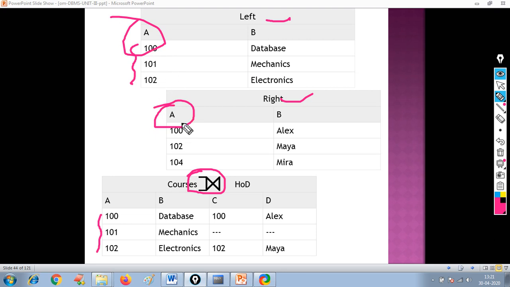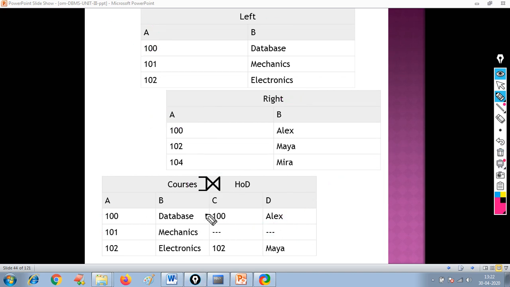So 100 is the same as 100, so it is displayed here in the result. 101 is not there in the second table, that's why it is filled with null values. So if no match is found, it is filled with null values. Similarly, 102 matched with 102. So if a match is found, the values from the right side table are displayed. If a match is not found, then a null value is displayed. That is your left outer join.